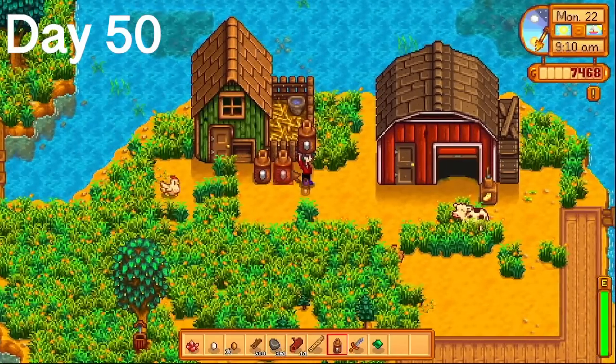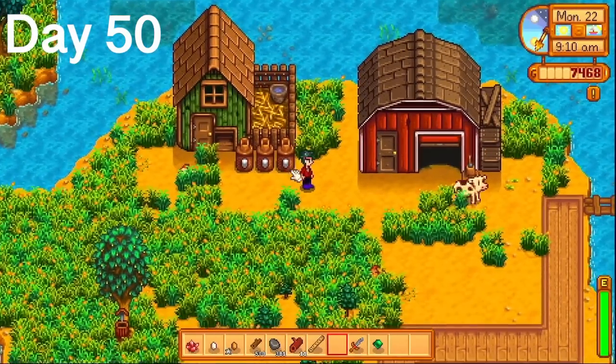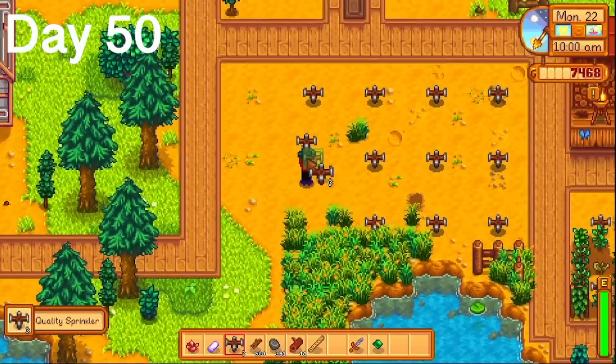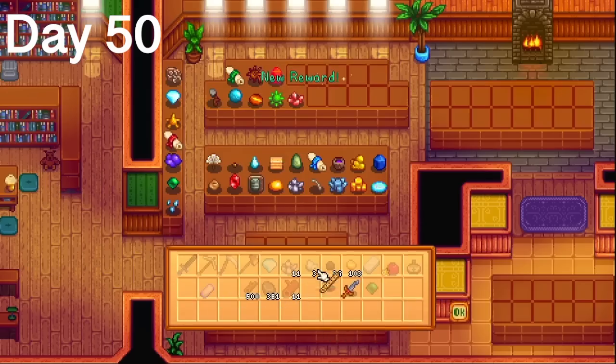so I made my mayonnaise makers ASAP because I had no need for small eggs and mayo sells for more money. I also made some more preserve jars just to turn my blueberries into jelly a bit quicker. I made a handful more sprinklers, then ran into town to drop off some of the community center items